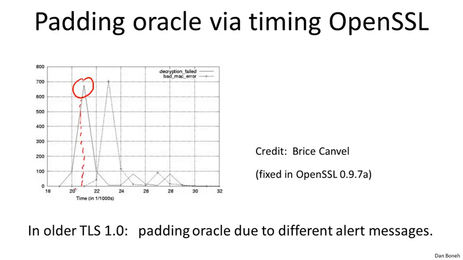However, if the pad is valid, then the MAC needs to be checked, and when it's discovered to be invalid, the alert is only generated at that point. In that case, it takes a little bit longer until the alert is generated, and you see that on average this takes about 23 milliseconds. So even though the same alert is sent back to the peer, the adversary can simply observe the time until the alert message is generated. If the time is short, he knows the pad was invalid. If the time is long, he knows the pad was valid, but the MAC was invalid. As a result, the adversary still has a padding oracle that can tell him whether the pad was valid or invalid.